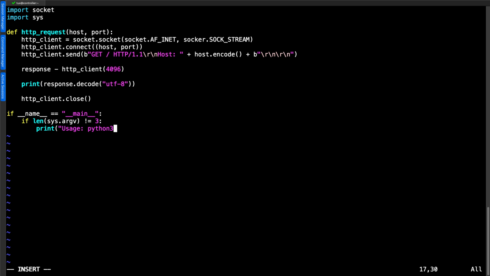The name of the script. So we can go through and put http.py. I had to think there, what did I call the script? And then we need to provide the arguments of the host and the port that we want to connect to. With this, we can go through then and close off our quotes, close off our parentheses, and that really is our if statement done. We don't need to put anything else in there.